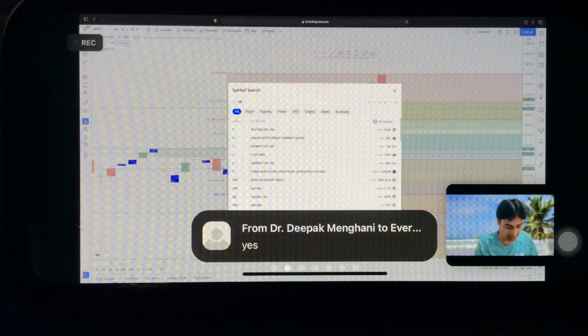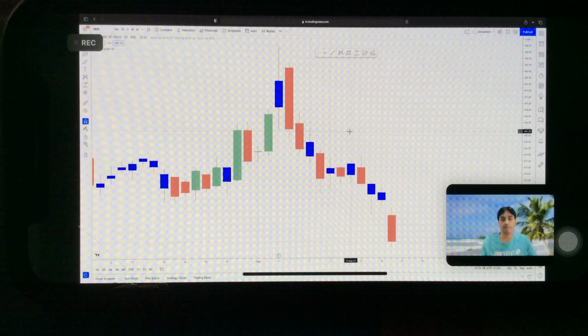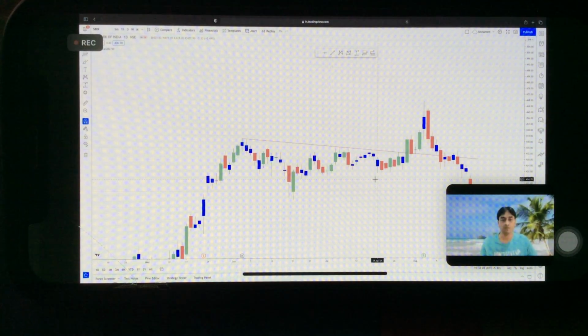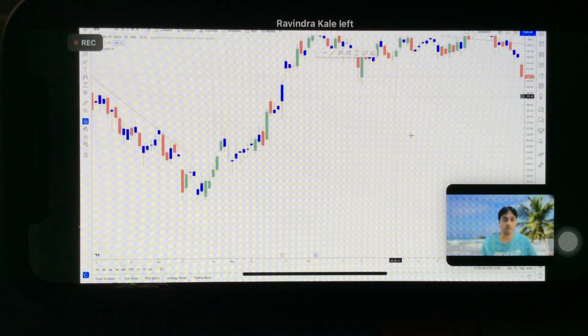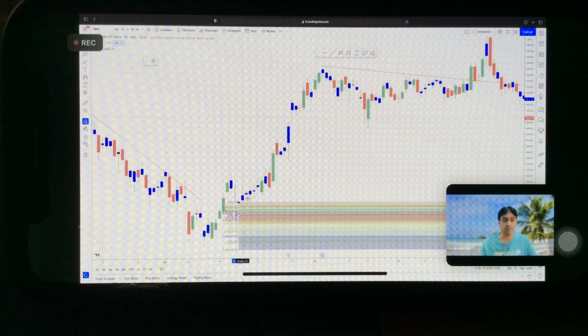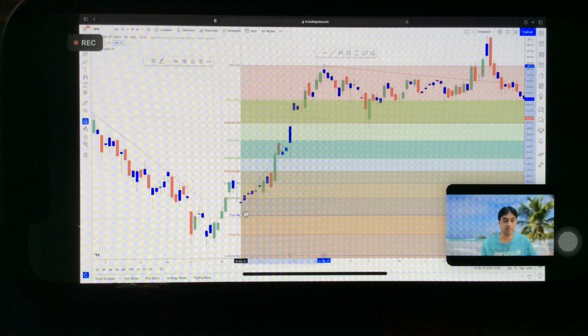This is for this one. If I take something else, if I take Fibonacci, this is the swing low, and see from here to here. Right?